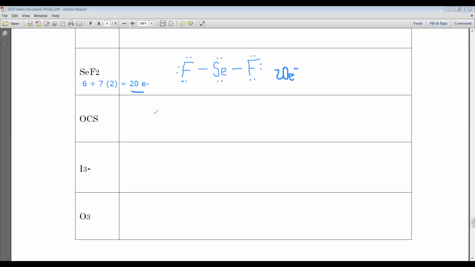That matches the 20 that I am supposed to have. So I don't need to do any more work. Now, just as a matter of practice, let's go ahead and assign formal charges and see where we are. So for the selenium,